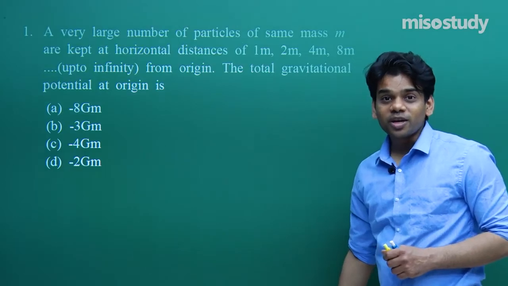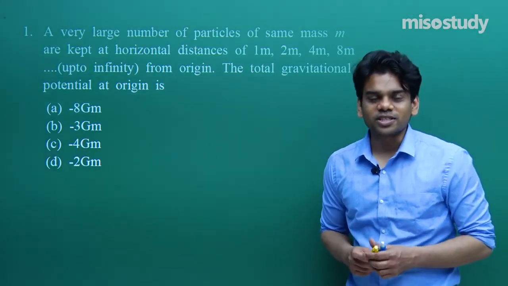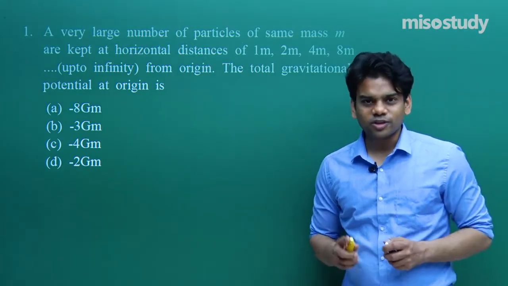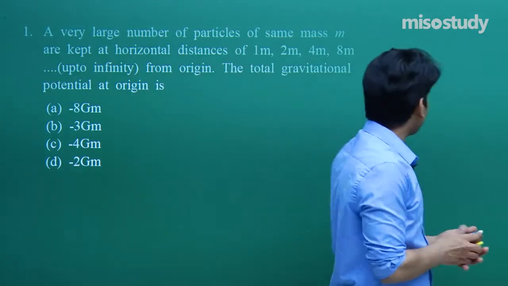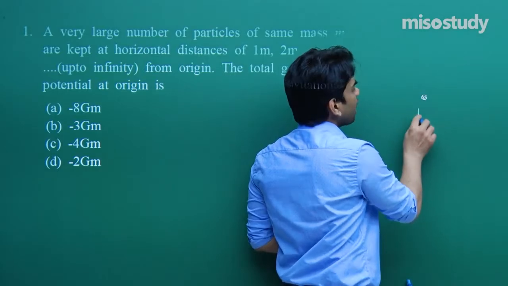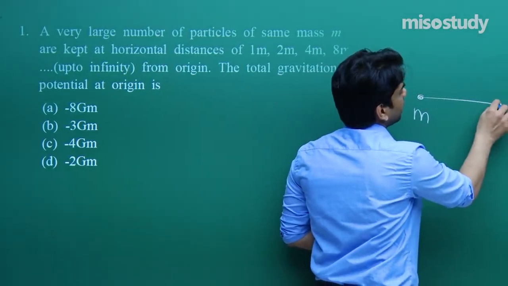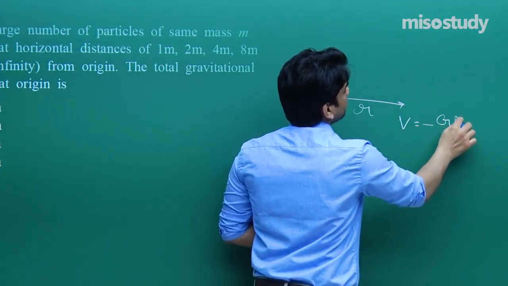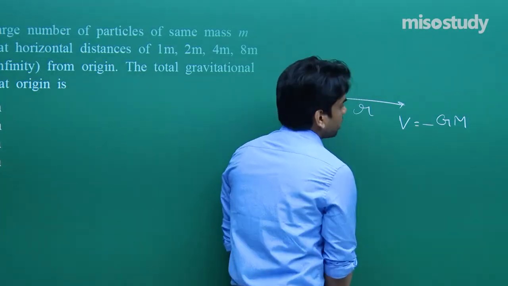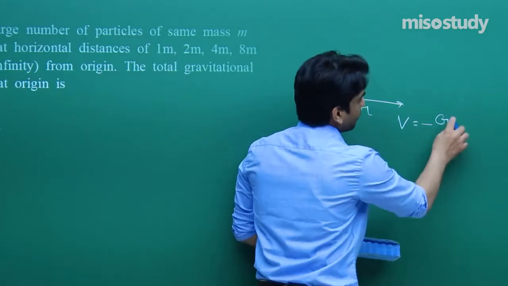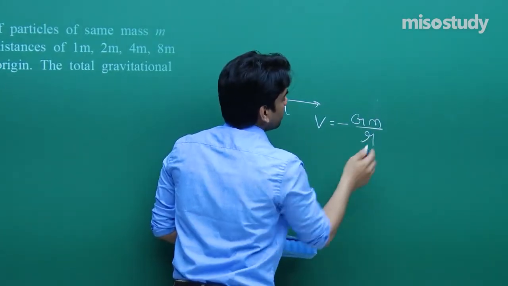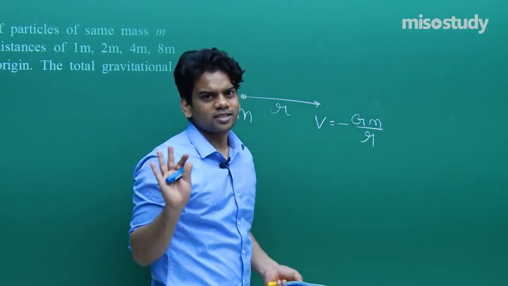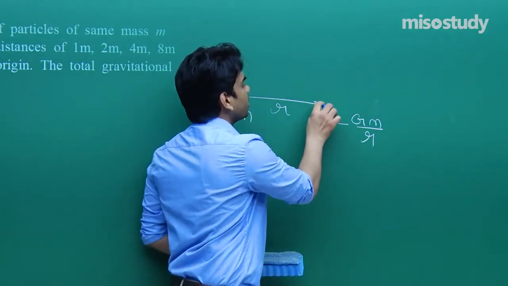So you all must be remembering the formula of gravitational potential, that is given as -Gm by r. So first I'm going to write down the formula for potential. If we have a point mass, the potential at any distance r is given as V equals minus Gm, where we have taken small m, so this will be minus Gm by r. This is what we know, and it's a scalar quantity, so we need not consider anything about direction. It will have only magnitude.